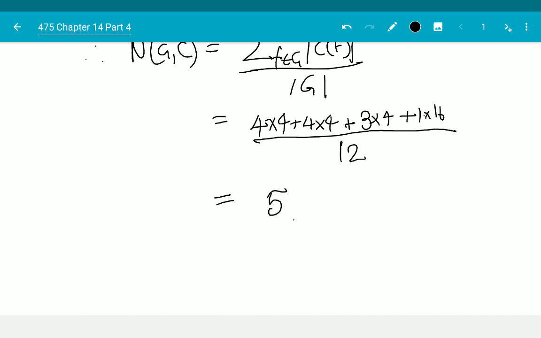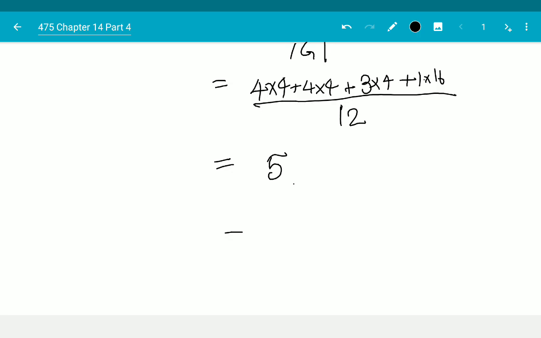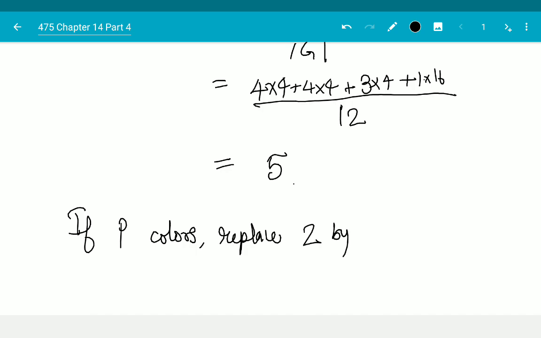If I was to try and do this with n colors, or p colors, oops, if p colors, replace 2 by p, and we get